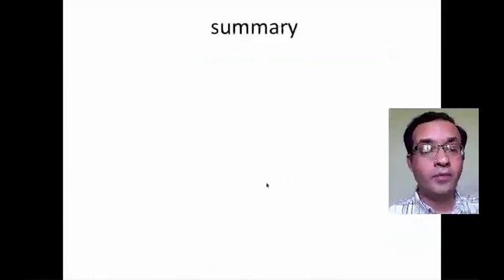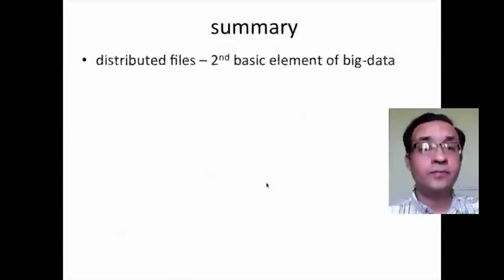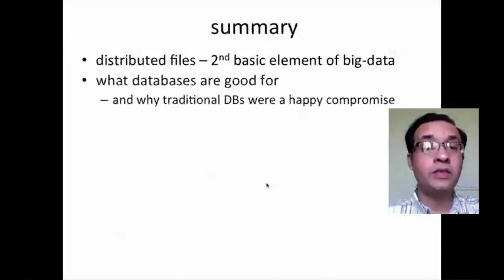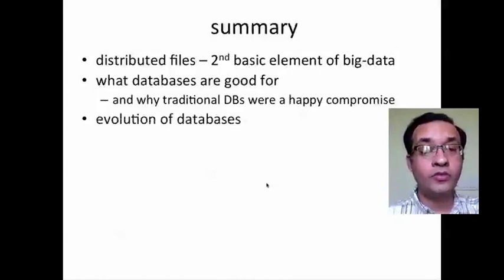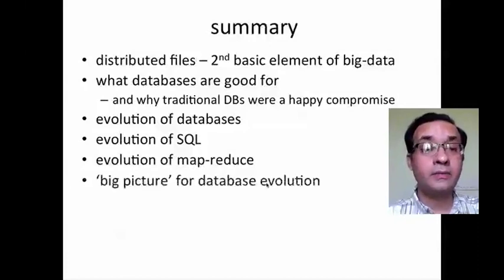Okay, so that brings us to the end of the section on load, 2 units on load. We started off talking about distributed files, which is the second basic element of big data after MapReduce. We talked about what databases are good for and why traditional databases were a happy compromise. And we covered the evolution of databases, the evolution of SQL, and the evolution of MapReduce itself. In the past few minutes, I've also tried to cover the big picture for database evolution as we see it